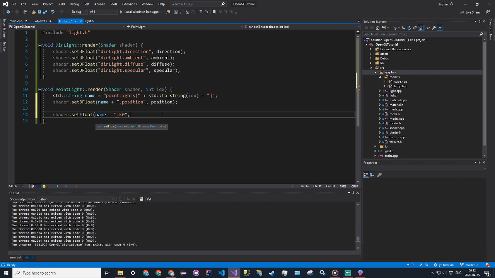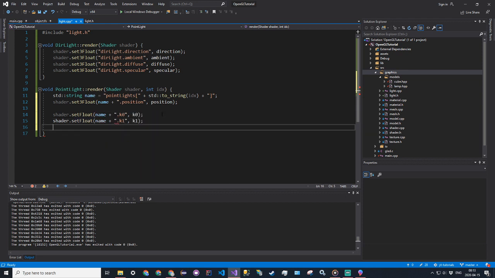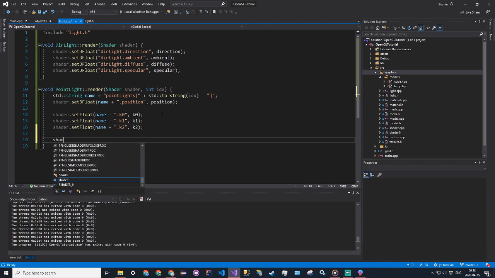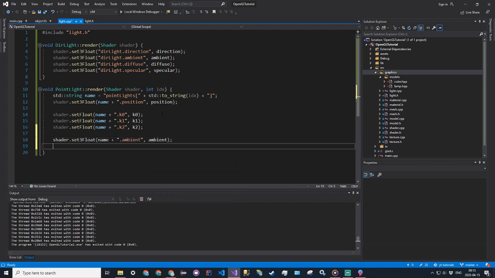Dot k0, and we're going to pass in k0. Shader.set paste in dot k1, and the same thing for k2. So shader.set paste in dot k2, just like that. And then the same thing for our ambient, diffuse, and specular. So shader.set3 paste in ambient. Shader.set3 paste